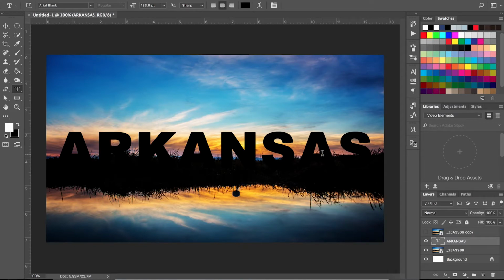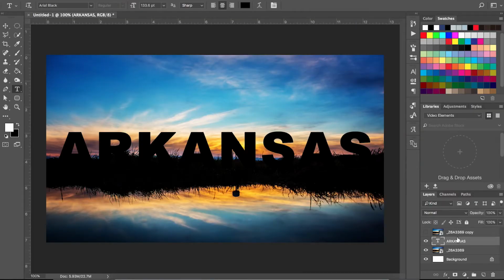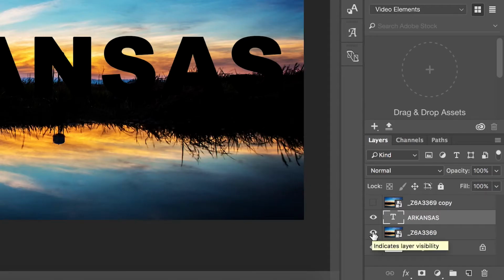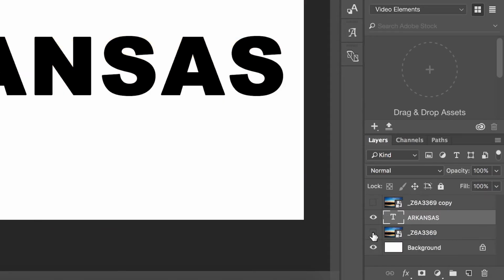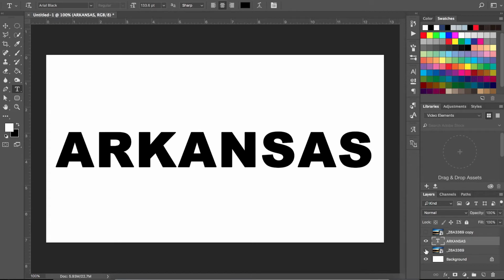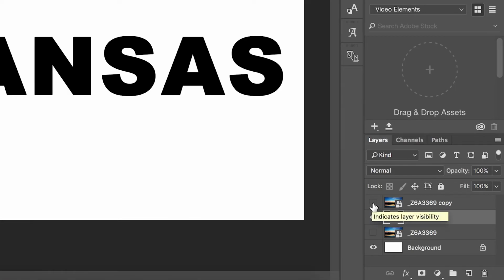Now we have a word Arkansas that's kind of popping up here in this shadow, which I think actually looks kind of cool as it is. That's a whole different effect that you could go with, but we're going to do something a little bit different with it. Okay, up to this point, I've had the top layer turned off. Now I'm going to change it, and I'm going to turn the bottom photo layer off. Now we have our plain white canvas with the word Arkansas there, and I'm going to turn the top photo